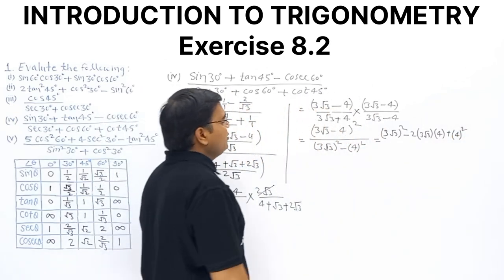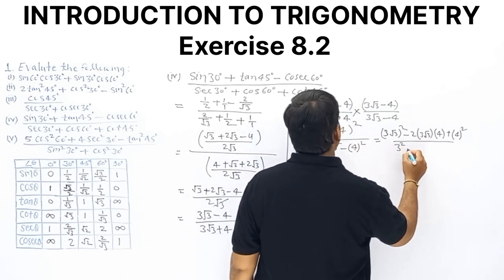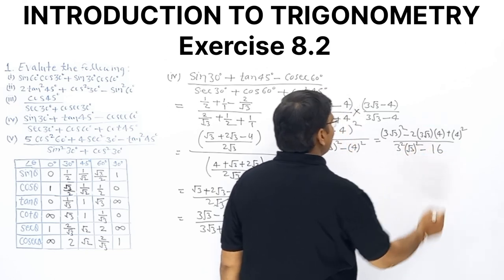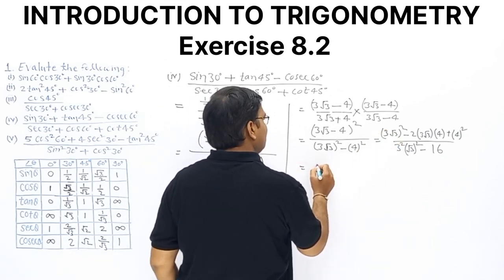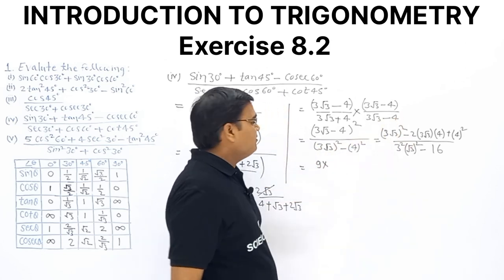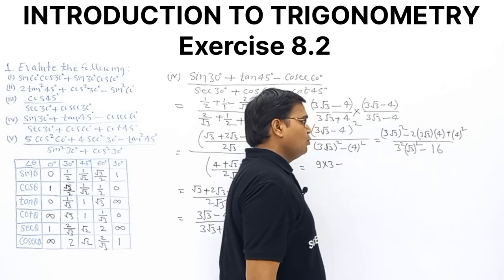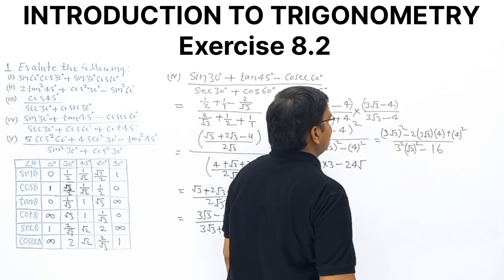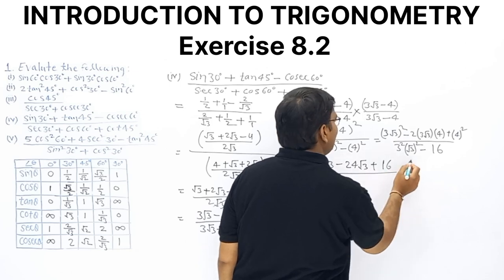Clear? And in the denominator a square minus b square, so (3√3) whole square minus 4 square will be 4 into 4, 16. Solve. This can be written as 3 square 9, and (√3) whole square will be 3. 9 into 3 is 27, minus 4 times 3 is 12, 12 times 2 is 24. 24√3, and plus 4 square will be 16, divided by,